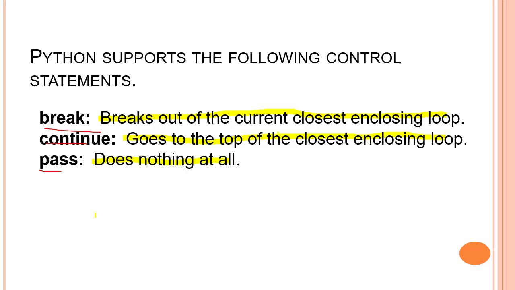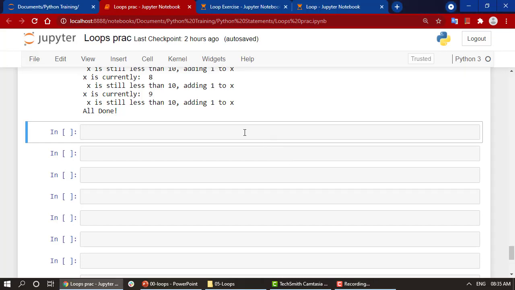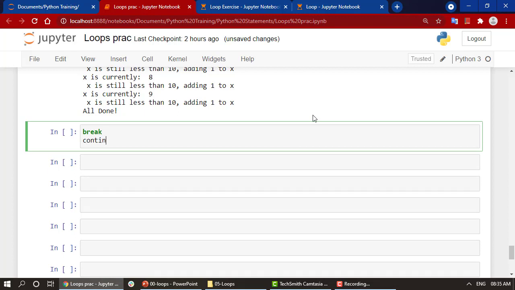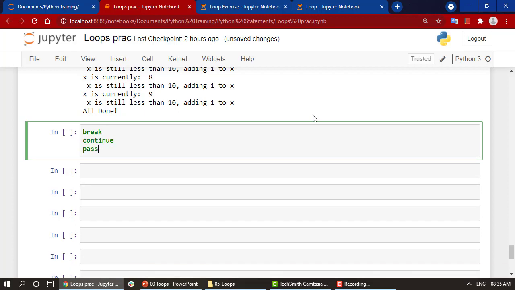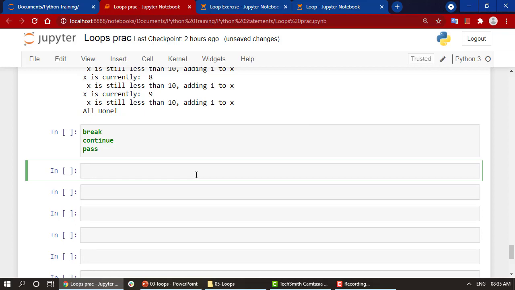Okay, so let's go back to our Jupyter notebook. Let's have a quick example of each one of those, that is break, continue, and pass. So let's take an example of our while loop.